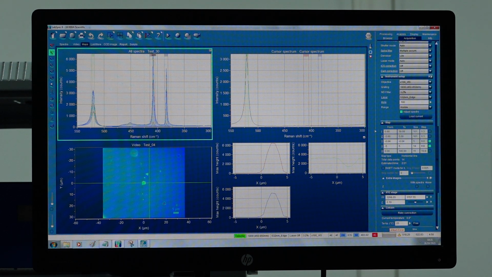Again this red cursor, and the purple cursor. Now in these widths in centimeter inverse, we will observe changes in Raman signal while moving from one end to the other end of the flake.